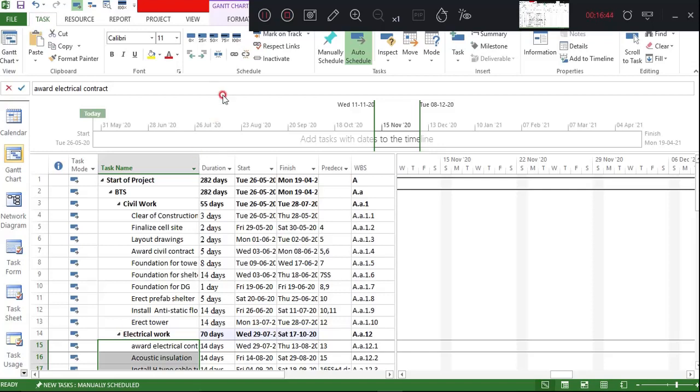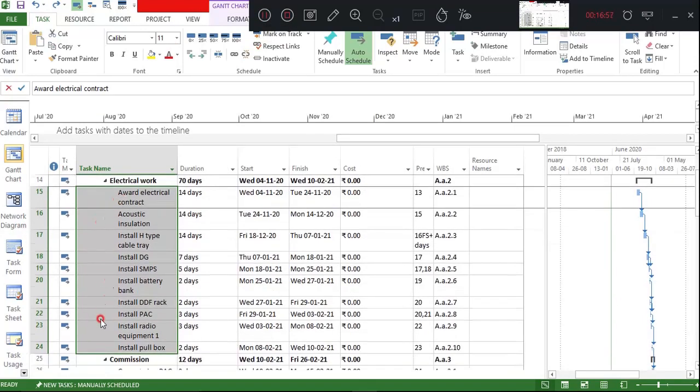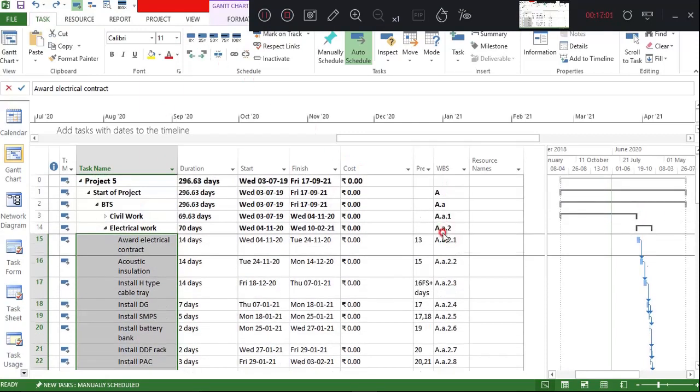Now we are able to check here under electrical work. I have selected all the activities here and I have given indent. So it has come under A.2.